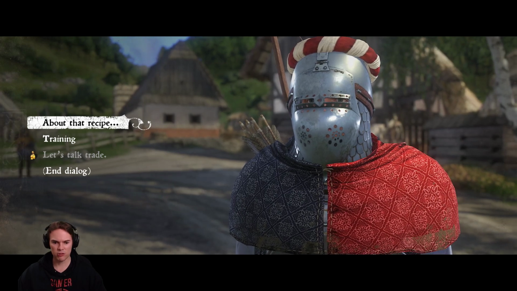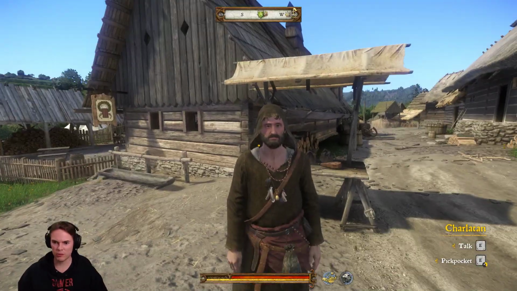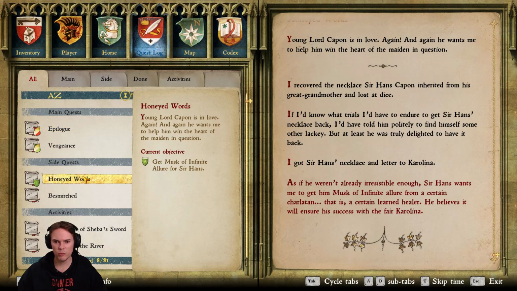Hang on a minute. Let's just end this dialogue. I must have missed something out. I must have missed something. Honeyed words. Get the Musk of Infinite Lure for Sir Hans. Certainly here. He believes it will... let's have a look. Can I show...